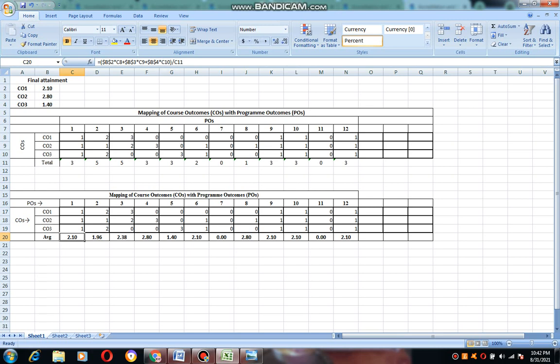So finally I calculated the average, C11. In the same way I have calculated for D, and in the same way I have calculated for E, and D and E and all these things vice versa. Totally I got the values like this, and based on these values I selected my answers.